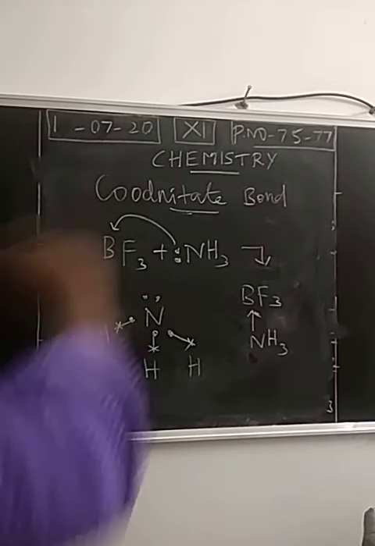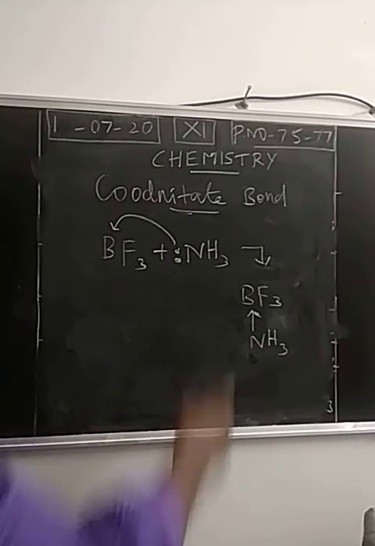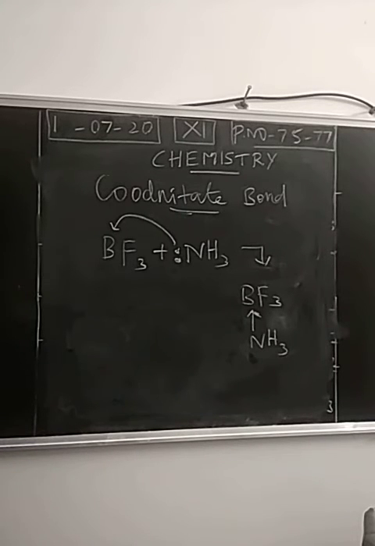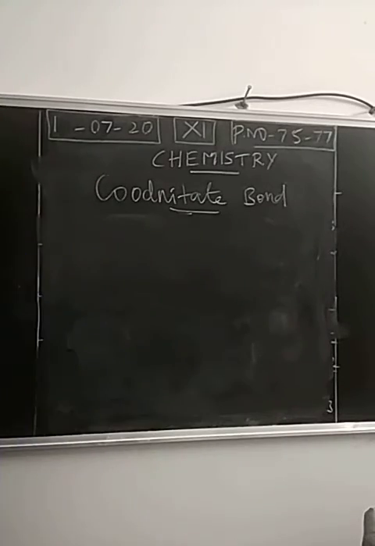Right? So a coordinate bond or coordinate covalent bond is defined as: due to donation of a pair of electrons from one atom into another atom, a bond is formed, which is called a coordinate bond or coordinate covalent bond. Usually a coordinate covalent bond is represented by an arrow mark, which indicates which atom is acting as a donor and which is acting as acceptor. So here the ammonia molecule is acting as electron pair donor, the boron trifluoride molecule is acting as electron pair acceptor. This is a simple example. We may take one more example.